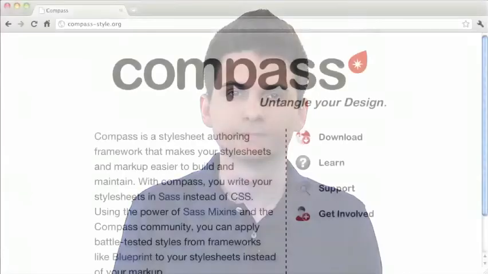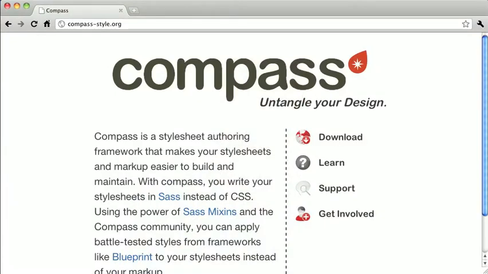So far we've learned about Sass and Blueprint. Now we're going to combine them together and learn about a framework called Compass. Compass is not exactly a CSS framework, rather it's a framework written in the Sass language, which you can use to generate CSS. Blueprint is a pretty cool CSS framework, and there are many others like it, but there are